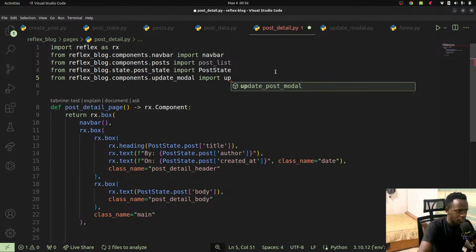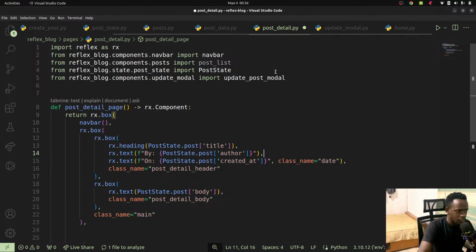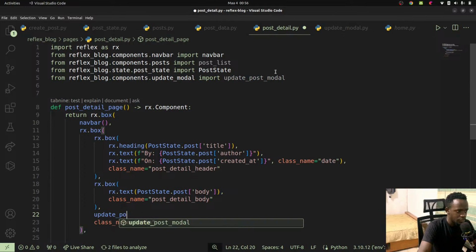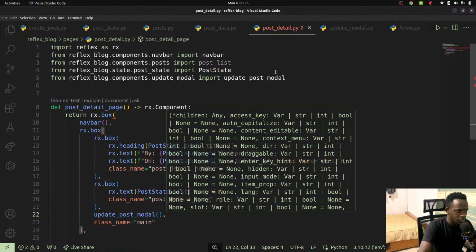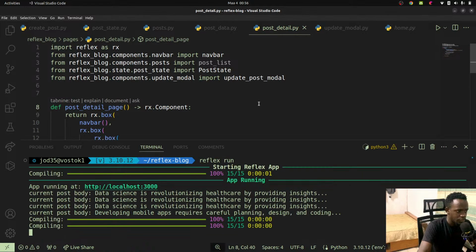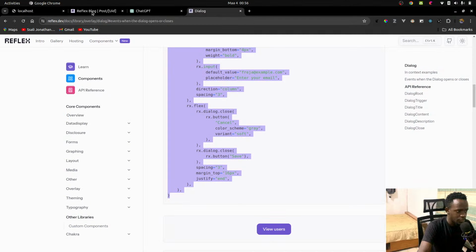So once we've been able to do that, now we shall go where we want to use it. So I'm just simply going to come and say update post model, and then we shall add that right there. Save. Let's have a restart, or our UI will recompile,